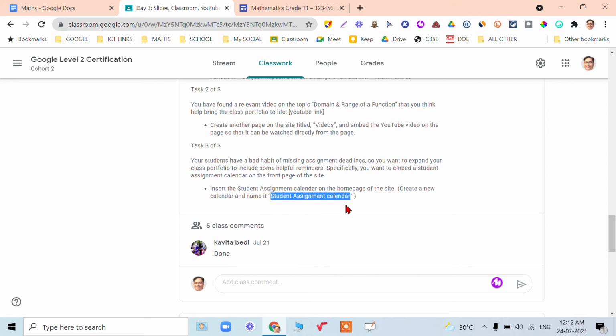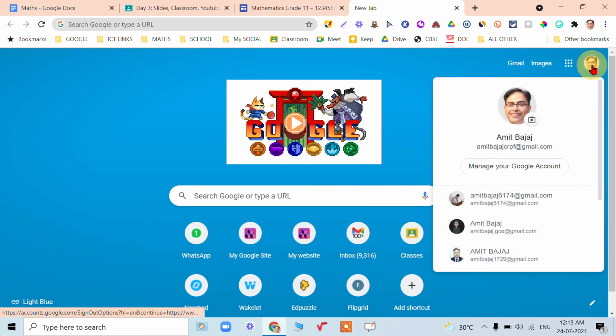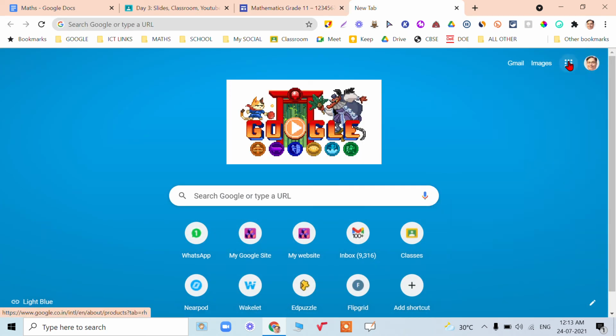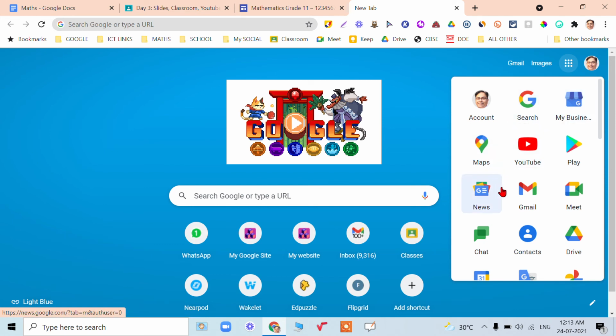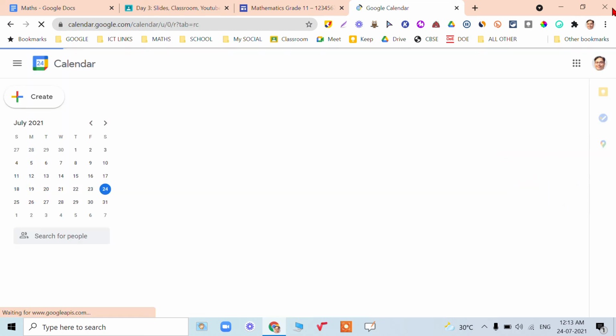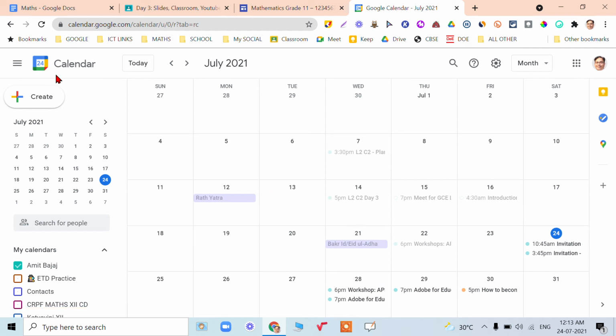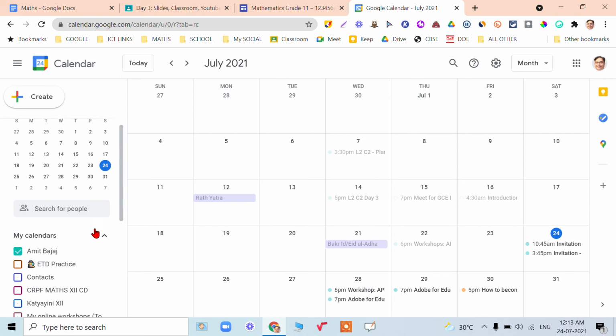So let me copy this, and now let me go to Calendar. Remember to use the same Gmail account. Of course, during the examination, Google is going to provide you with the account.